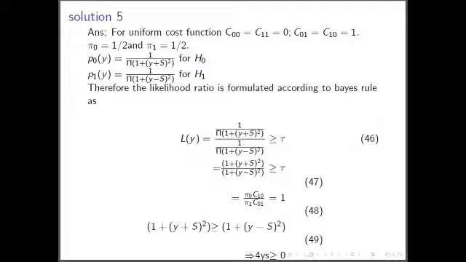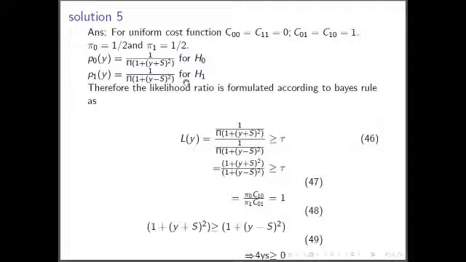Now let us move on to the solution. According to the given conditions, we have the cost functions, that is C00 is equal to C11 equal to 0 and C01 is equal to C10 is equal to 1, and the given condition in the question was equal priors. So we have pi naught is equal to 1 by 2 and pi 1 is equal to 1 by 2. We have P0 of y is equal to 1 divided by pi into 1 plus y plus s whole square for H0. P1 of y is given as 1 divided by pi into 1 plus y minus s whole square